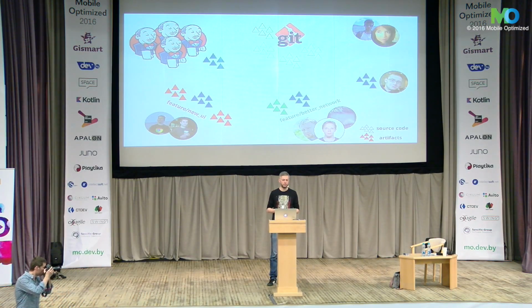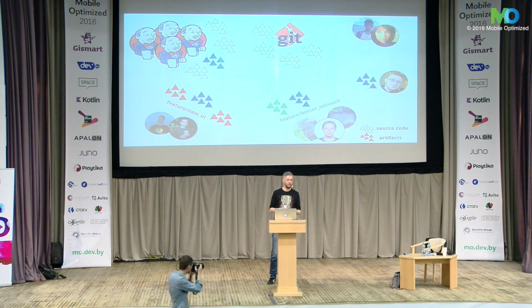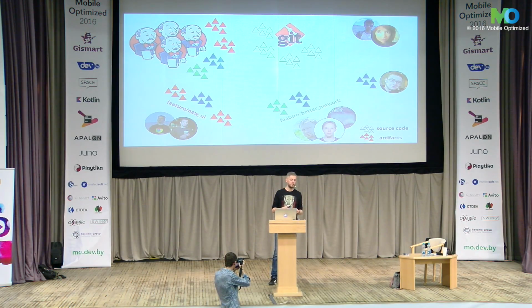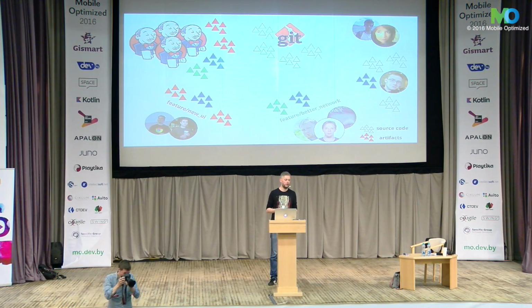What happens next? Of course, we push the code into the repository. And the next step, what will happen? Of course, continuous integration. Jenkins is going to pull the source code, and Jenkins is going to compile this code again. So not only I compile this code, not only the team sitting in the next room compiles the code, also Jenkins compiled this code. And of course, this lonely wolf, he just joined the company or got a new ticket to do, and he's pulling all the code from a Git repository,